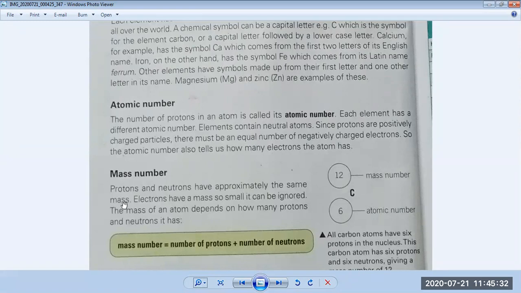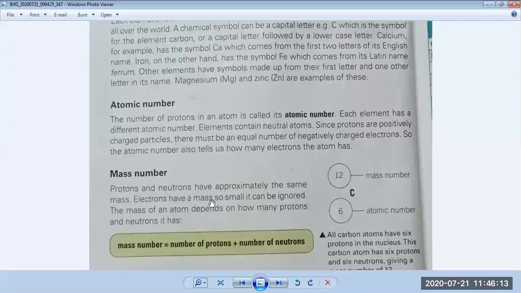Okay, because we are talking about the structure of an atom and the nucleus in the center of an atom. I have told you that in the center of a nucleus there are two particles present. One is positively charged and the other is neutral. So mass number is always equal to protons plus neutrons. If we only see protons, they show only the atomic number of that element. But if we count protons and neutrons both, then they make the mass number of that element.